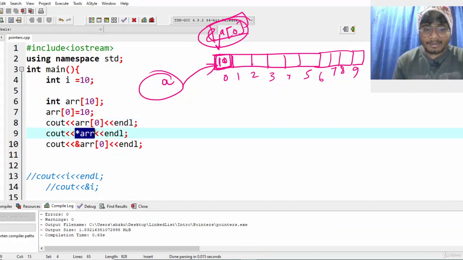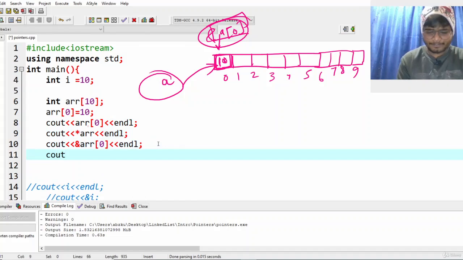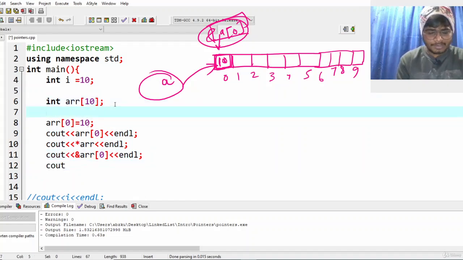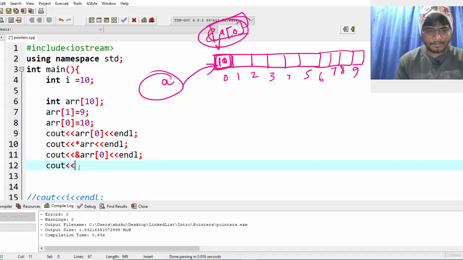Okay, so you can say that I can go and get the value of ARR of 0 also by ARR plus 1. So tell me something, what will be this value? Let me tell you one thing. Let's make ARR of 1 equal to 9. That's it. And I'm going to do this part. What does this mean? It means that ARR is pointing to ARR of 0. Plus 1 means go to the next integer. So if this is 700, then plus 1 will make it 704. Go there and whatever is kept there,